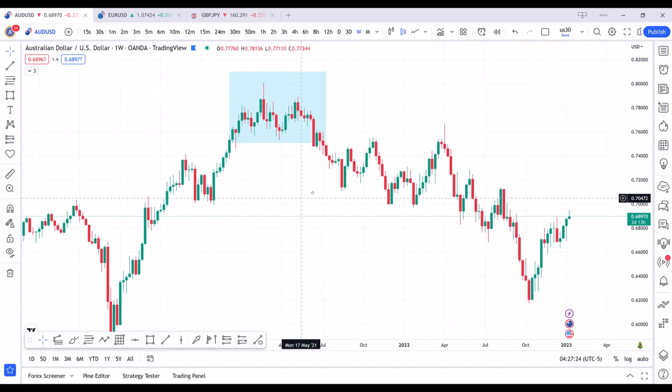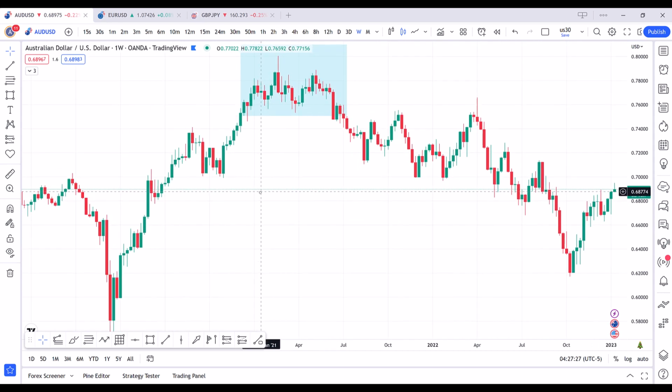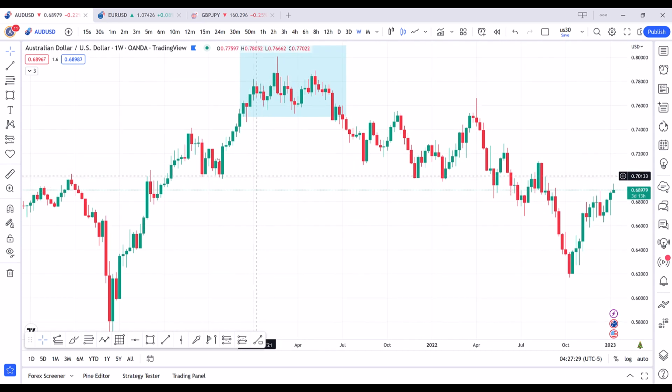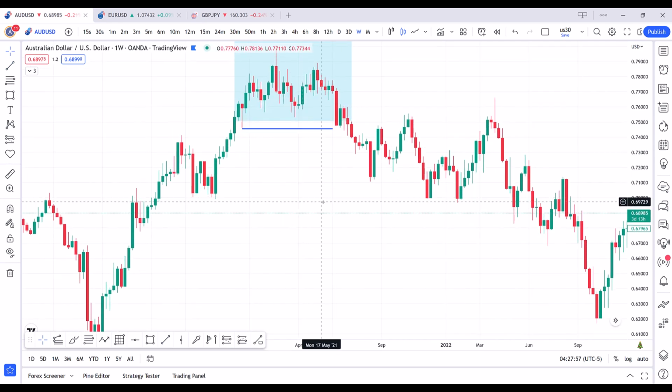What does a break of structure and a change of trend mean? A change of trend or a reversal means that the market doesn't have enough liquidity, doesn't have enough force to continue its current movement, that is going to be this upward movement. So when the break of structure happens, for example here, what are we going to do? We are going to pay attention to, listen to this sentence, it's very important, imbalances and liquidities.